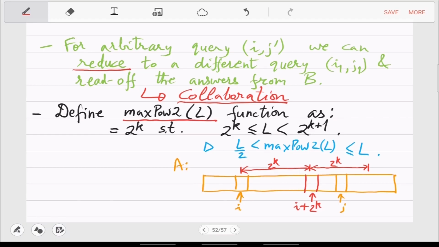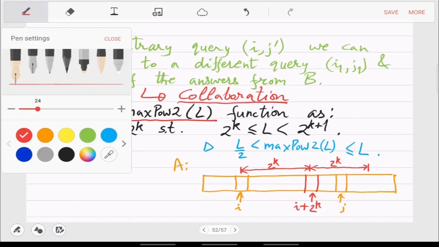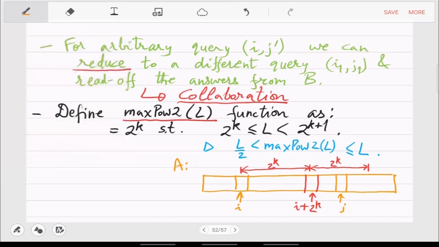So the simple solution is the following: you should look at a window whose answer you already know, and that involves j, right? How do you get to that window whose answer is already stored in the matrix B and it involves j?